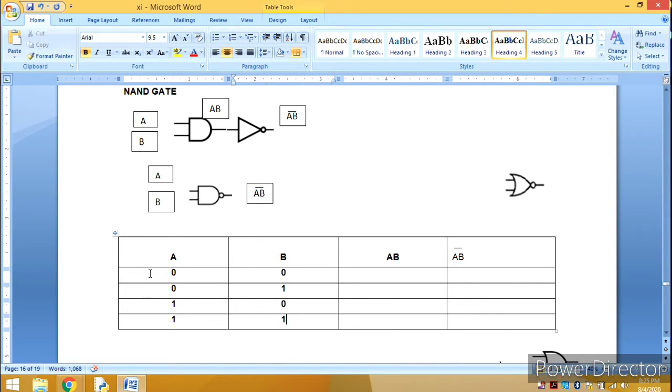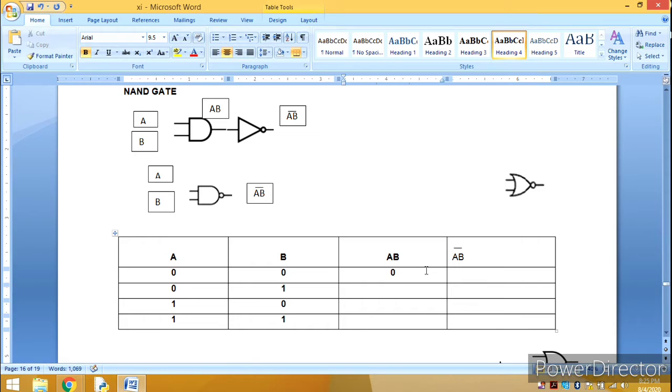So if you see this, again the same thing, we have the binary numbers from 0 to 3. So you can write the binary numbers from 0 to 3 for the combinations, and next we need to have A into B. The same thing, what will you get over here for A into B? Can you tell me?